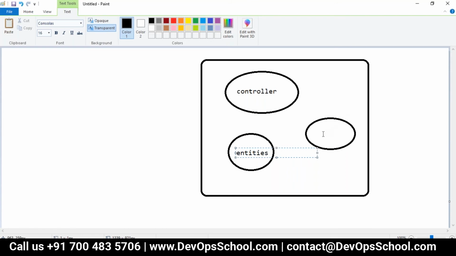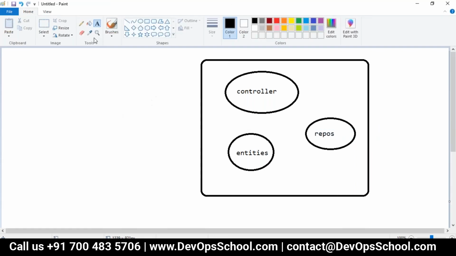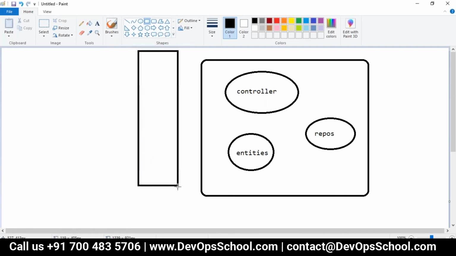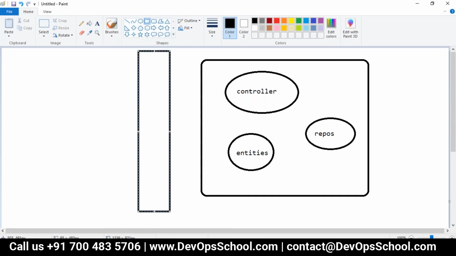You may have repos, any data will be there. We are not exposing all these controllers to our client. We will have one design pattern, so that we have only one controller which is responsible for taking the request for each controller. Whatever request you are getting from the client, each request will be taken to this.